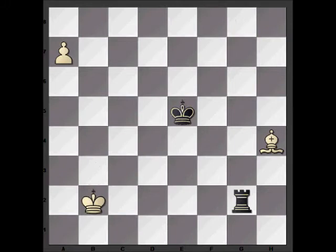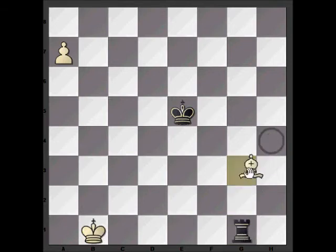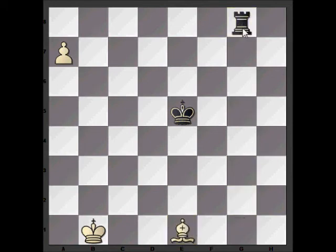So how does white deal with this? Well, after the check we do get king to b1, but after rook to g1 check we get the winning move, bishop to e1. Now if the black rook goes to g8 to stop the pawn, we can play bishop to g3 check again and we'll be promoting the pawn, but the real point of the move is seen after rook takes bishop check,